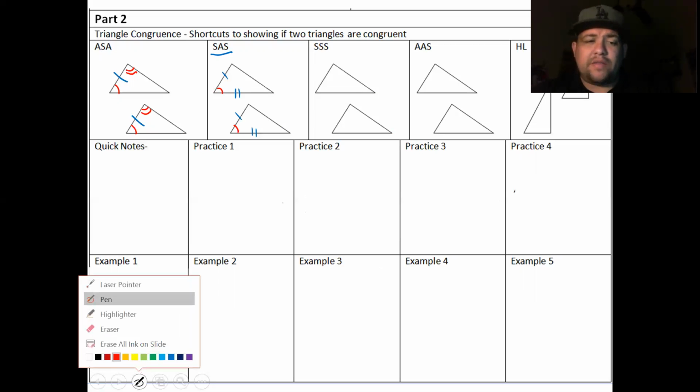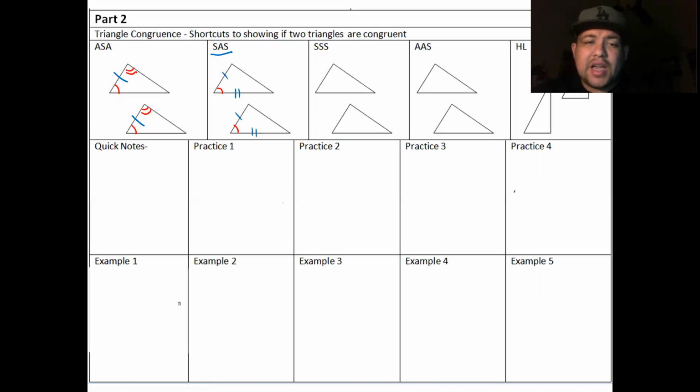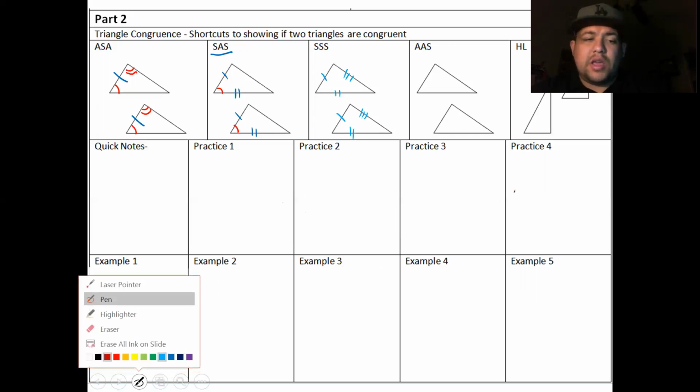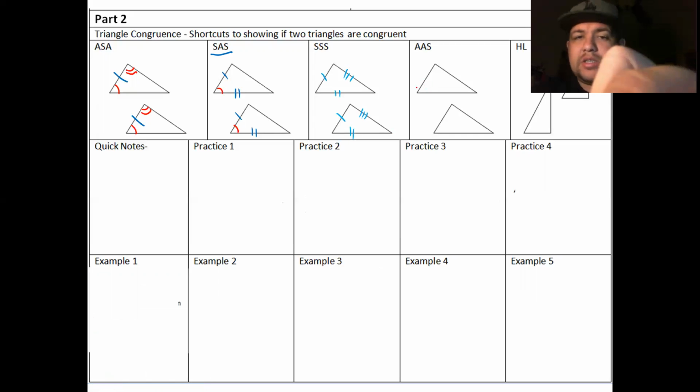We also have side, side, side, where we match up the sides that correspond with each of the sides of a triangle. So if all sides have congruent parts to the other sides of another triangle, we can say they're congruent. We also have the next one, which is an included angle with an included angle, and we also have another included angle